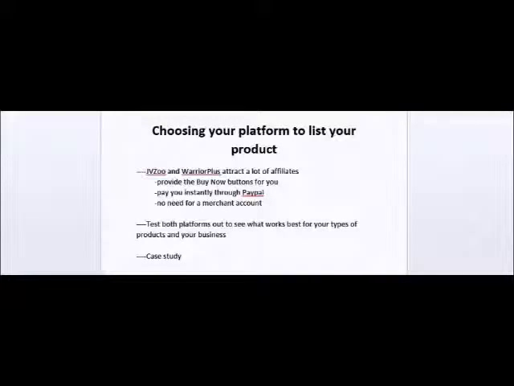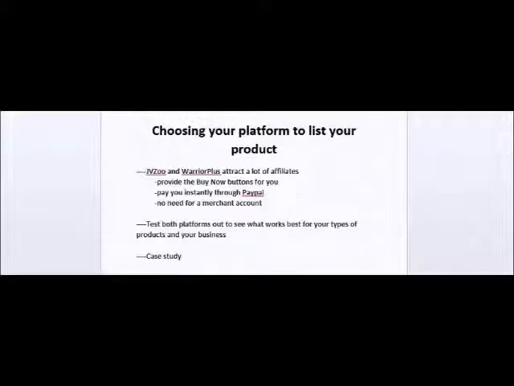It's my case study. I had a product launch on JV Zoo in January of this year. I had it open for 7 days. I generated between 15 to 20,000. I'm not sure of the exact numbers, I'm just estimating here. And what I did was, after it closed, I relisted it on the Wire Plus network